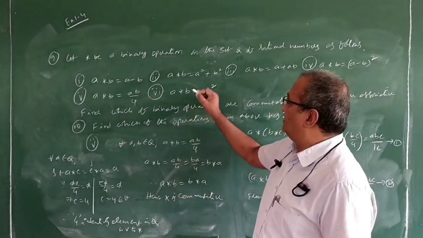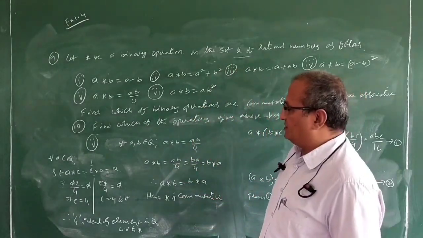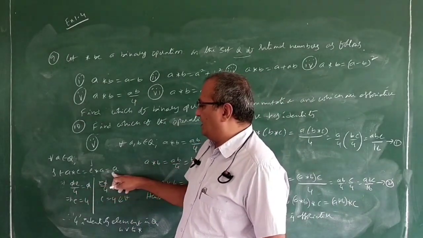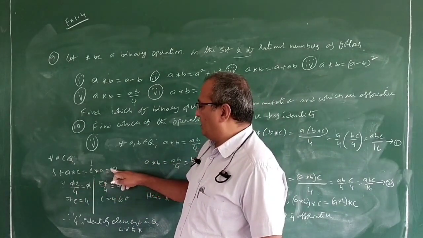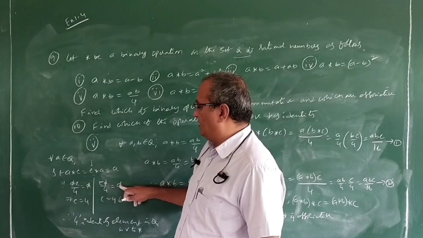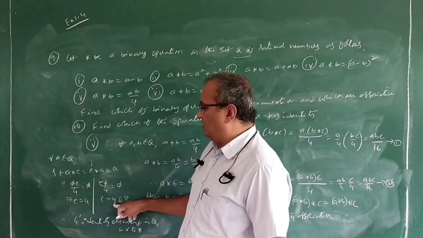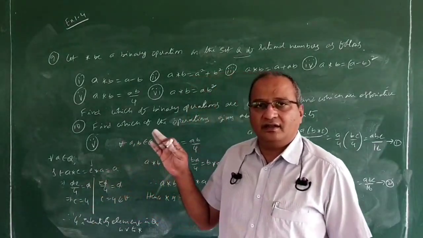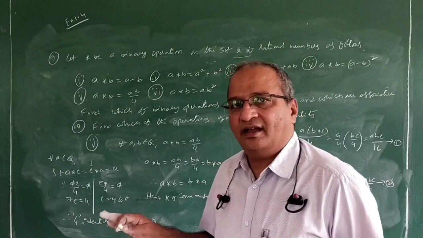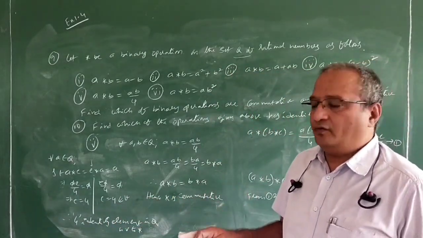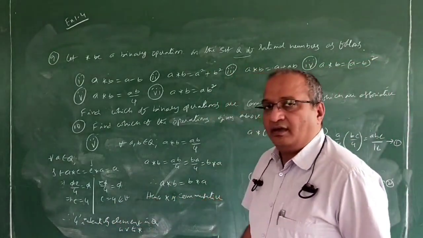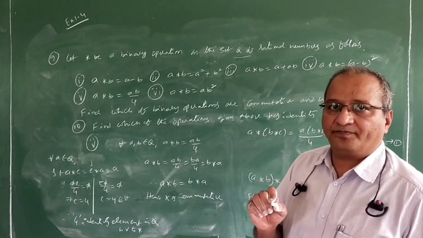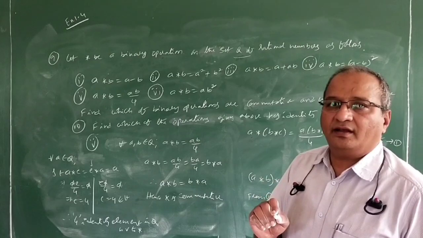What is the given set here? Rational numbers. So here A star E is AE by 4 is equal to A, and E star A, EA by 4 is equal to A. E is equal to 4, E is equal to 4. In both cases we got the same element, and the element is in the given set. Therefore 4 is the identity element in Q with respect to this star. So mention of the set and the operation, both are very important here.